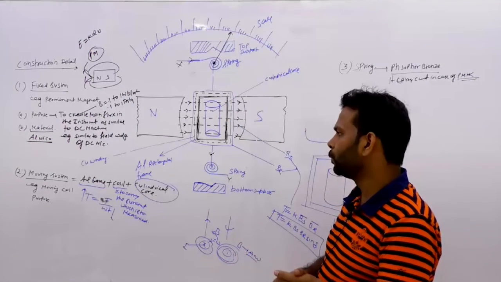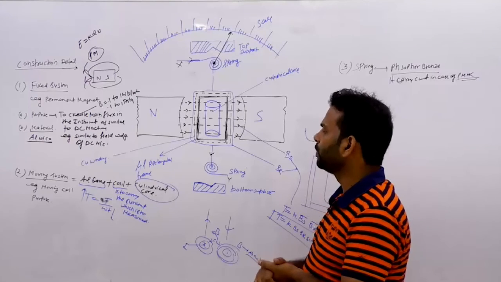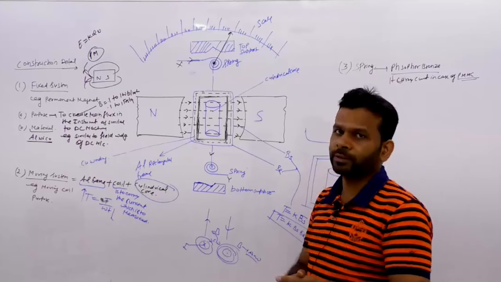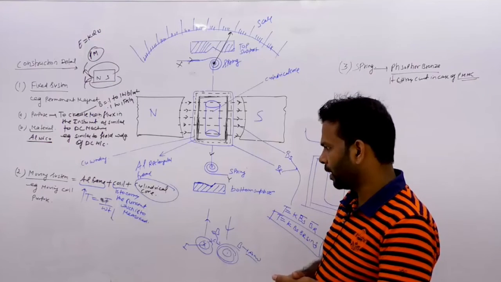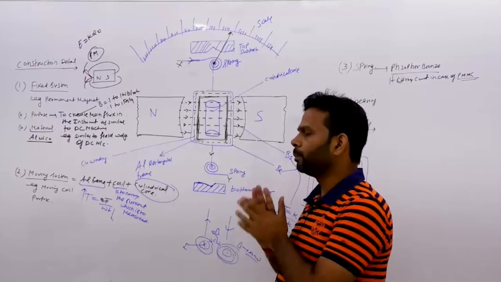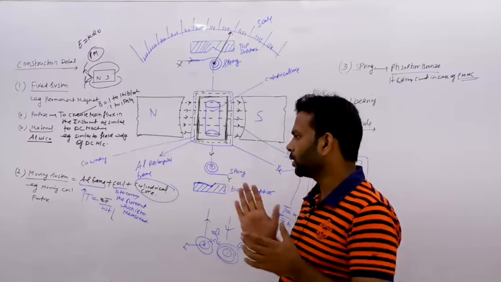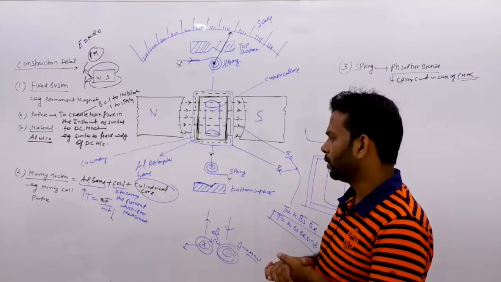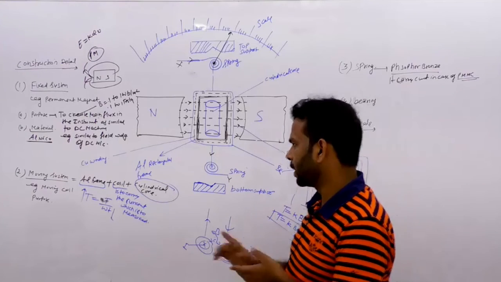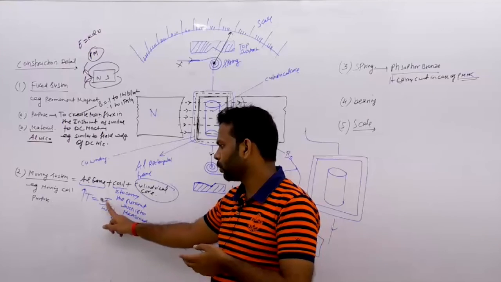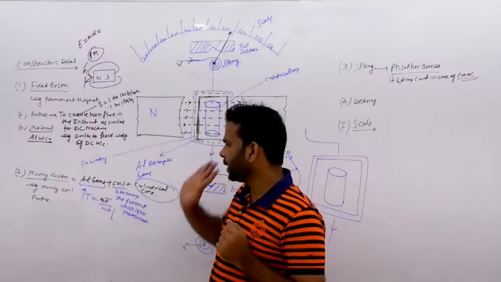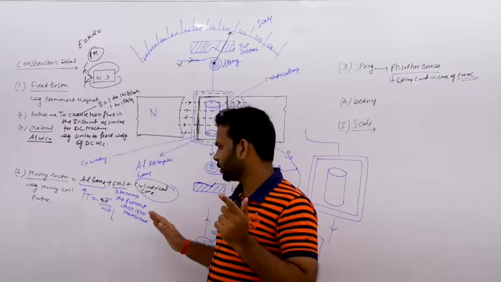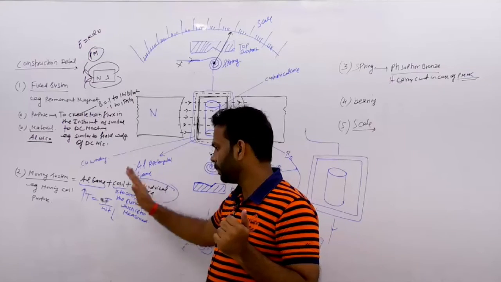Okay, and aluminum is used in case of moving coil because moving system causes a friction error, and to have minimum friction error, the torque weight ratio should be high. और torque weight ratio high होने के लिए देखिए क्या करेगा, टॉर्क तो हाई रहेगा. वो कैसे रहेगा? क्योंकि टॉर्क इज प्रोपोर्शनल टू मैग्नेटिक फील्ड. मैग्नेटिक फील्ड तो हाई है, बट एल्युमिनियम यूज करने से, क्योंकि एल्युमिनियम जो है लाइट वेटेड होगा, एल्युमिनियम वेट कम होगा